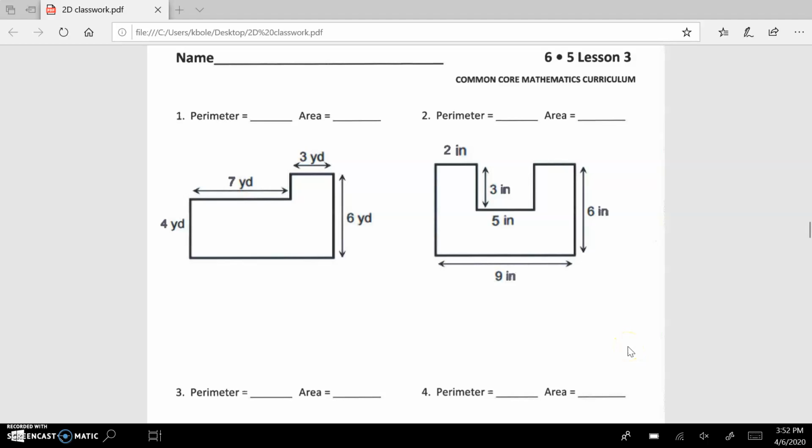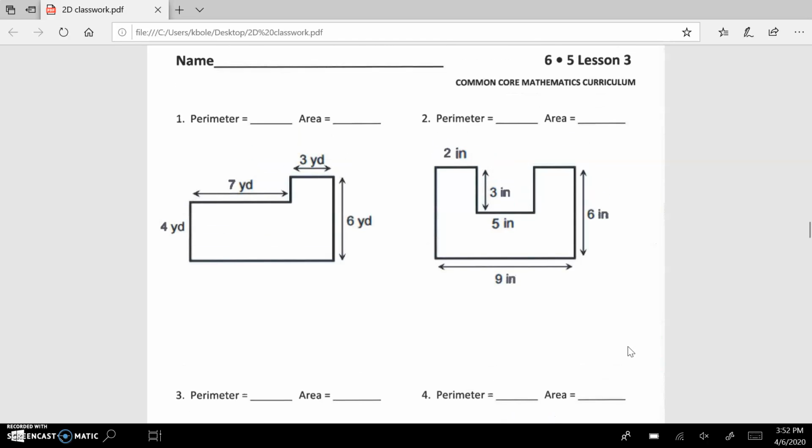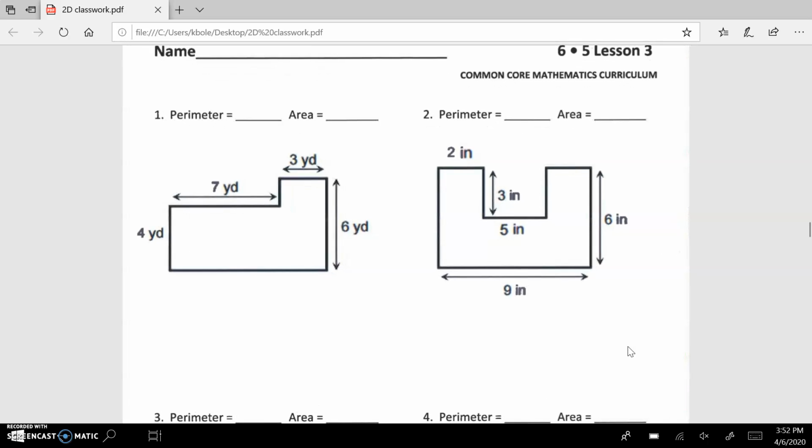Alrighty, here we are on the classwork for lesson 3, which would be 5.3 in your packet. And I'm just going to get you set up here to make it a little easier for you to split up these shapes so you can find the area of the entire shape and the perimeter. So if we look at number 1, the first thing we should always do is